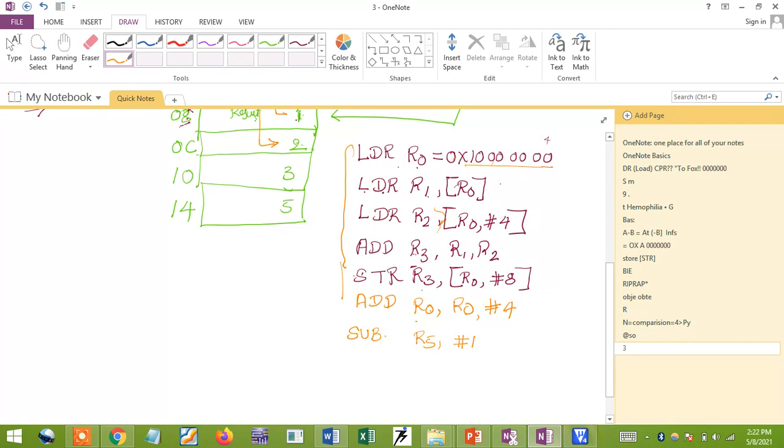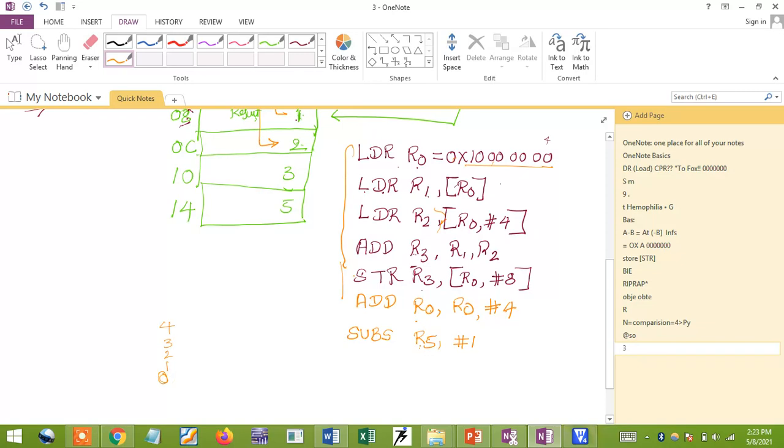But if I want to take a decision, I want to affect my status flag, so you need to give S also. Yes, if you give SUBS, then you check the R5 register. The process needs to repeat continuously until my count value becomes 0. R5 is the count register, so 4 is decremented: 4, 3, 2, 1, 0.